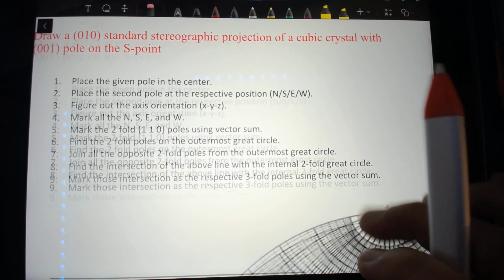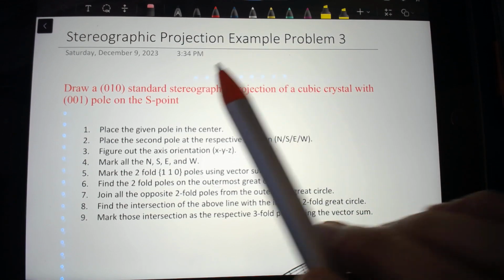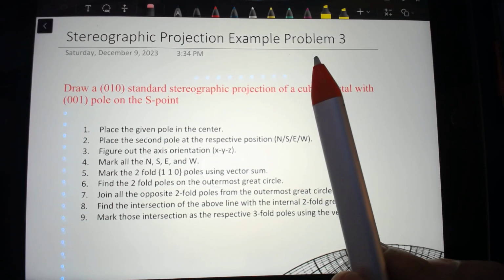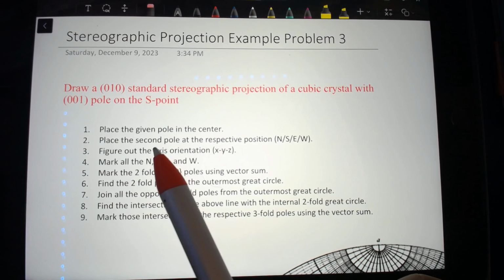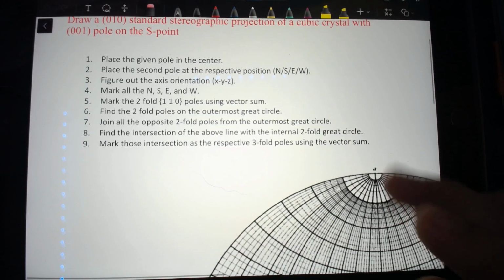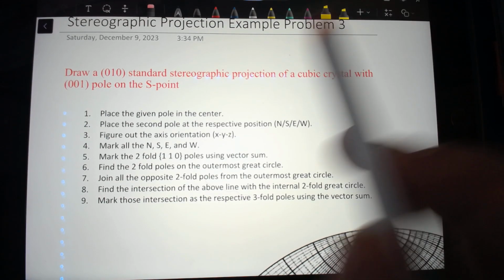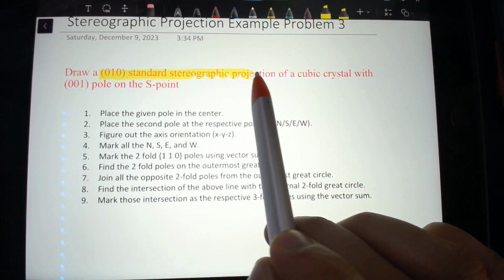Alright, so let's do another example problem for making standard stereographic projections. If you haven't looked at the previous videos, I'd recommend checking out problems 1 and 2 and then coming to this point. You could even practice this by yourself on a Wulff net that you might have a printout of. Alright, so the question given is we have to draw a 0, 1, 0 standard stereographic projection,